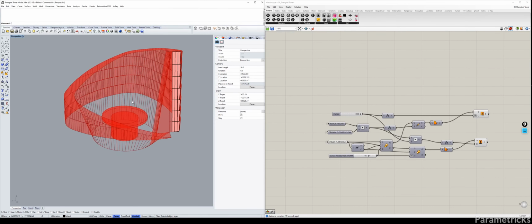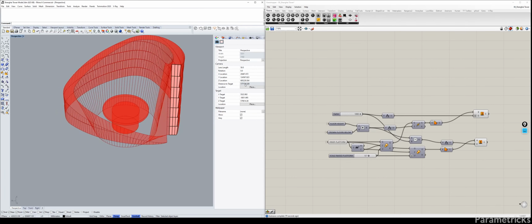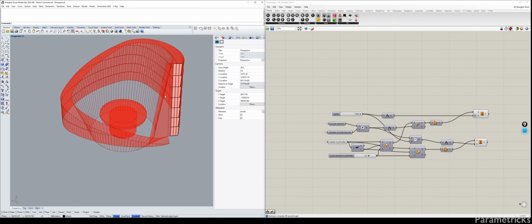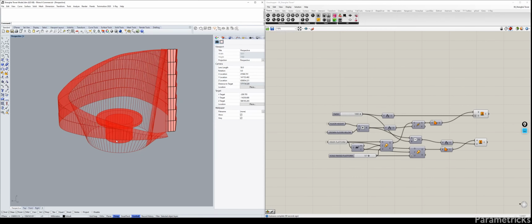we want to be able to control how many steel rods we have, basically controlling the density of steel structure we're going to be having in here, because we can control the vertical ones that you see, but we would also like to control the horizontal one which we're going to make. And one easy way to make that is we're just going to take a data or point from the very top, but the bottom that goes to the very top, and then from that we can create a line, and then from that line we can create points which we will attach an XY plane to, and that XY plane is going to